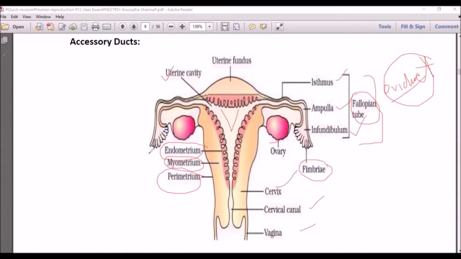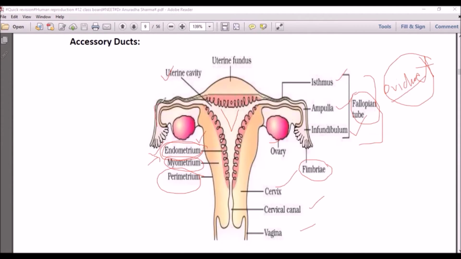Now the inner one, that is the endometrium of the uterus, is very important. It plays an important role in implantation. When the trophoblast comes into the uterus, it will be implanted in the endometrium, and this endometrium will secrete various hormones which will help in the menstrual cycle, so it also plays an important role in the menstrual cycle as well as implantation of the embryo, implantation of the fetus. And this is the ovary and similar finger-like projections.